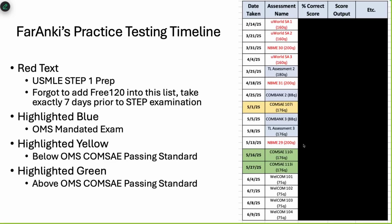I took NBME 29 just to make sure, because I had this little piece of anxiety of like, hey, what if I forgot everything from Step? So I took the NBME 29, and then I took COMSAE 110, which is a week out from my actual COMSAE that the school had. I scored really well on it, and I was like, all right, I feel confident going into my COMSAE. And just like I said earlier, you should be shooting for above a 460 on the COMSAEs that you're practicing on, so that you feel confident going into your actual COMSAE, which is the